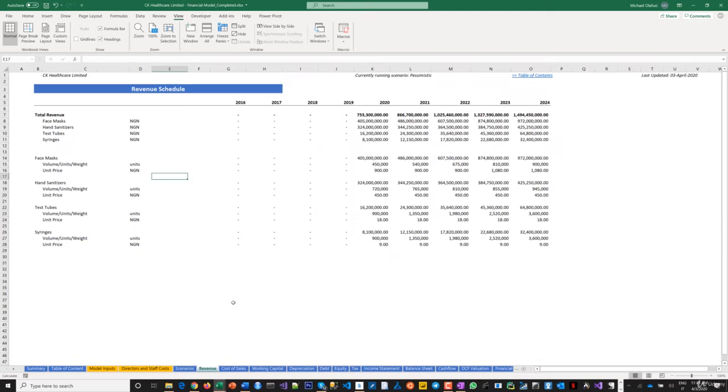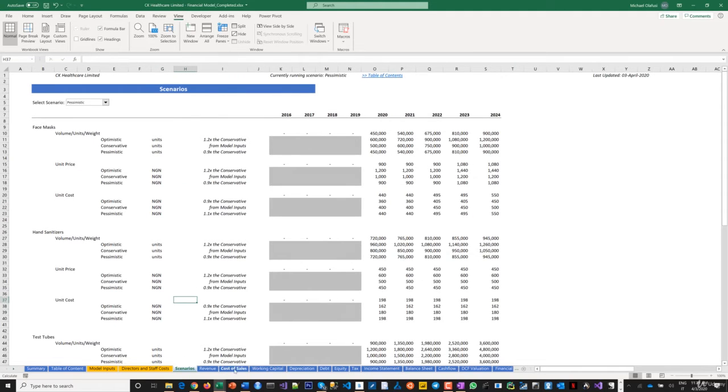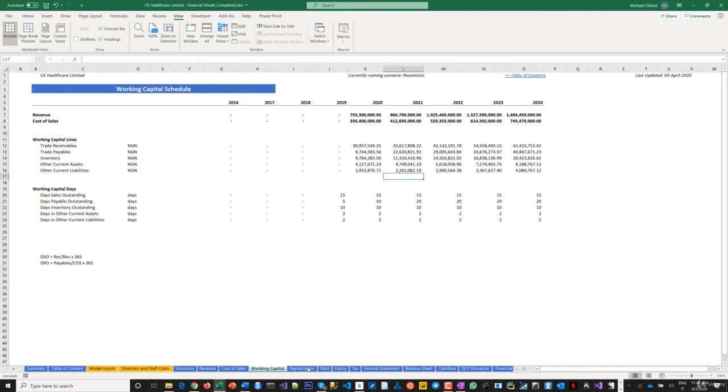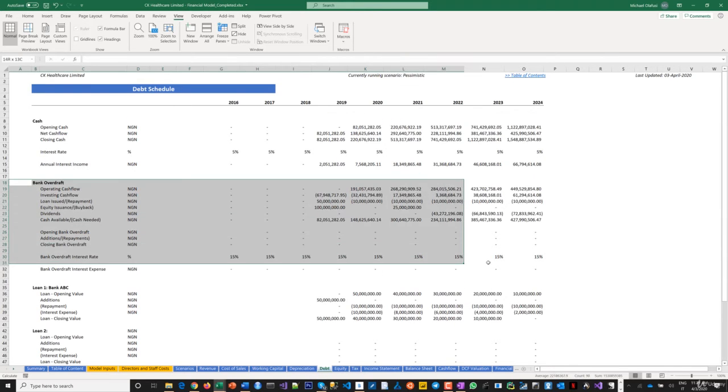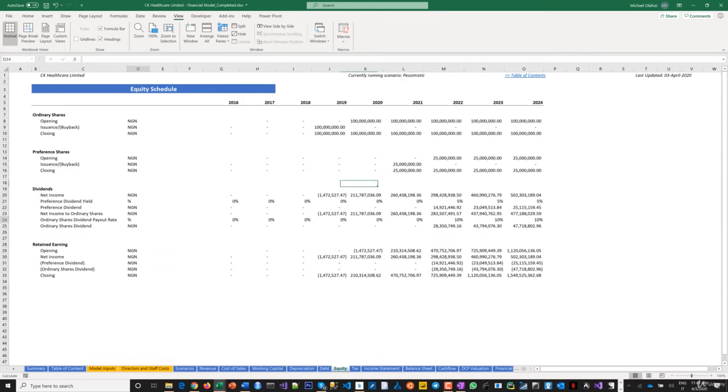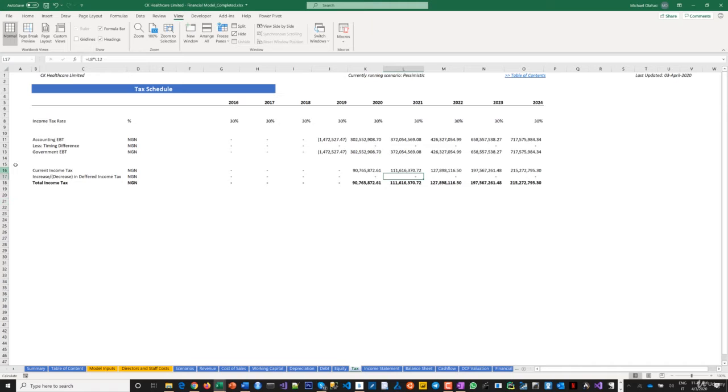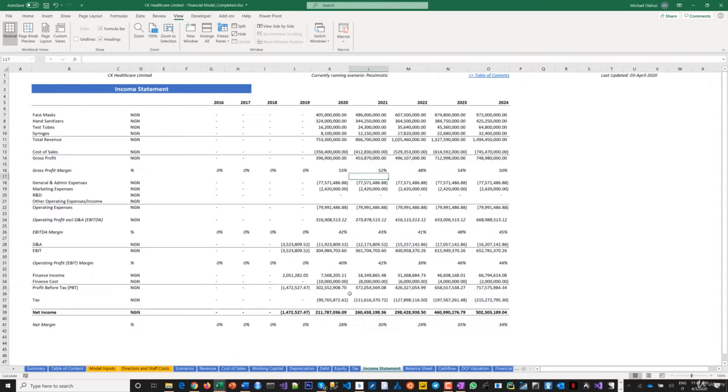And then the revenue schedule, so we are able to flesh out what the revenue of the company will be based on the scenario that has been picked here. Similarly, for cost of sales, the working capital, the depreciation, the debt, inclusive of you modeling for bank overdraft or a revolving loan, right? And then the equity modeling for the ordinary shares, preference shares, dividends, the tax schedule, allowing you to capture the deferred income tax, then the income statement itself in a very dynamic way, such that once